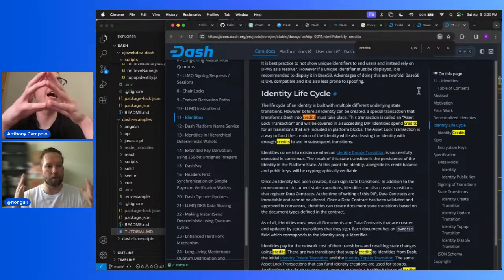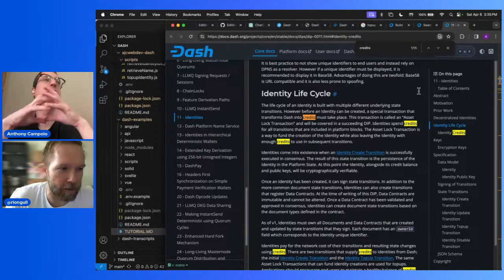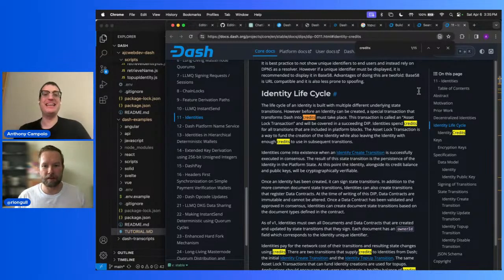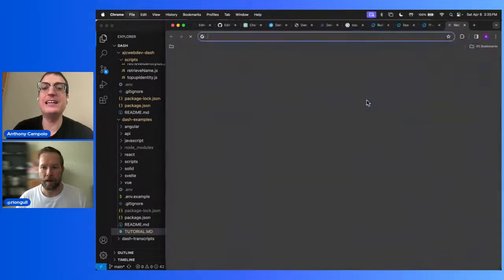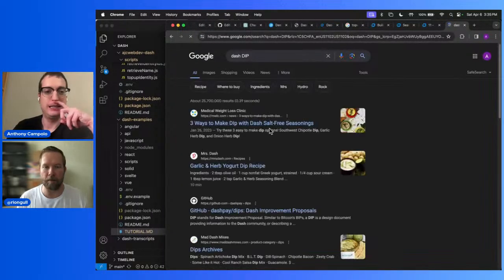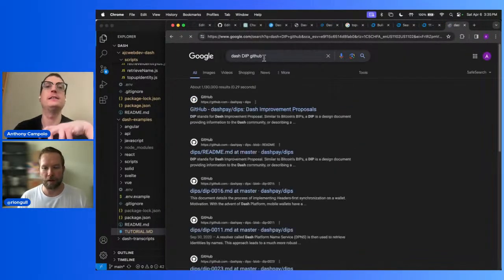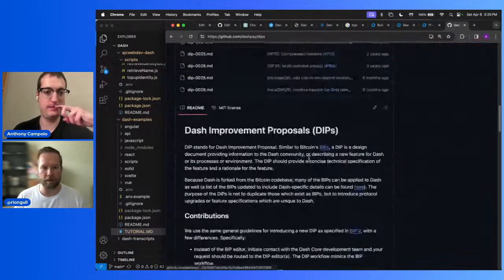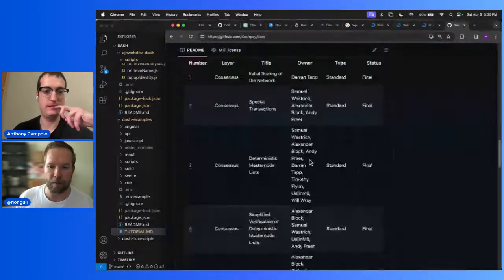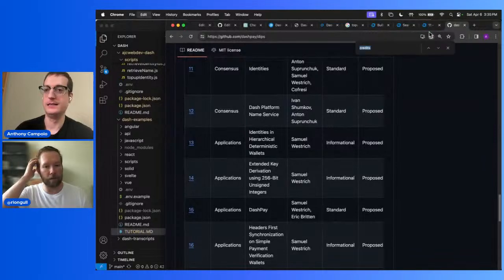So this is bridging. This is an important topic. Yeah, no, I'm seeing now. Yes, this is the bridge that connects the proof of work chain to the proof of stake chain in a way that, and there's some fancy cryptography behind this that only Quantum Explorer, Sam Westrich, CTO of Dash Core Group, really fully understands, or several people there in Dash Core Group. I don't fully understand it,